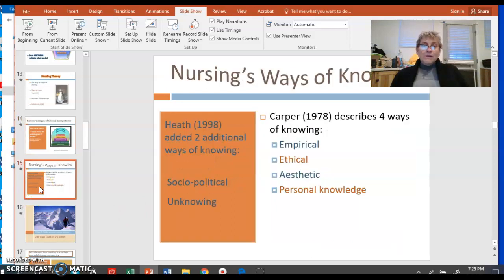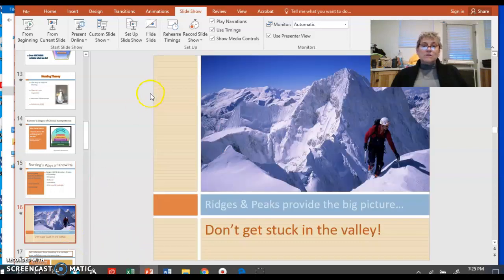So what we know again are the four ways of knowing from Carper, and we now add this unknowing or socio-political. And in the context of care for nursing, we do need to understand what our patients are outside the clinic. So what kinds of financial or personal or socioeconomic challenges do they have? What I'd like you to remember now is that ridges and peaks provide the big picture. And I don't want you to get stuck in the valley as you start to talk about what your personal philosophy might be. Remember,